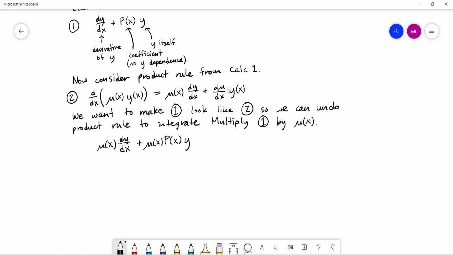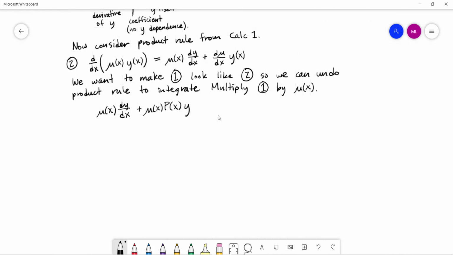But this is something that we need to enforce. We can't just pick any function to multiply by. We need to think of what is the function that will allow us to preserve this correspondence between terms here. Right? Whatever I pick for mu, it doesn't matter as far as the first term is concerned, but I have to pick a specific mu that'll make this term, d mu dx, look the same as this term, mu of x times p of x. So if we can make, or if we can find a mu of x